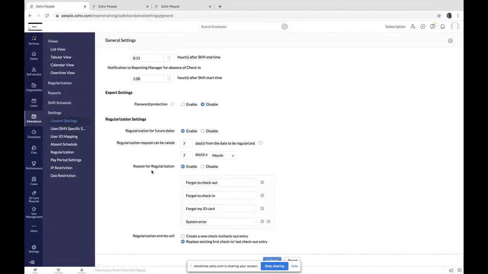If you want to provide any reason for regularization, you can have any customized reason in this way. And whether such regularized entries should replace the actual check-in check-out entries or be added as a new check-in check-out entry can be defined here.